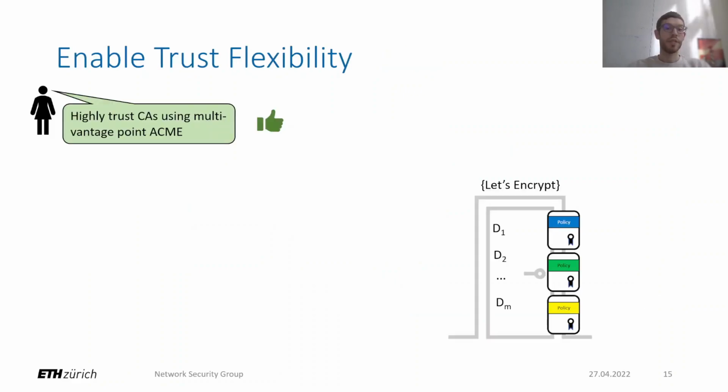Finally, after mitigating the problems of weakest link security and insufficient control for domain owners, F-PKI addresses the problem that Web PKI users cannot define individual trust statements. By using F-PKI as presented so far, there could be a single globally defined trust statement, which is CAs that enable multi-vantage point domain validation, for example Let's Encrypt, are highly trusted. If a domain owner then requested a policy from Let's Encrypt that, for example, disallows the issuance of certificates for subdomains, any user would reject a certificate issued for a subdomain.